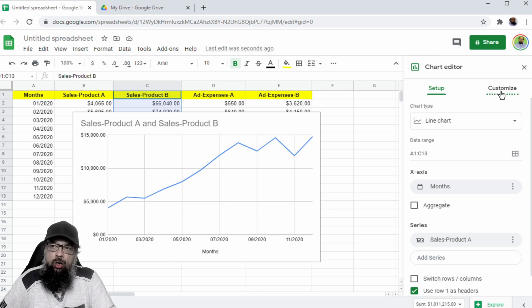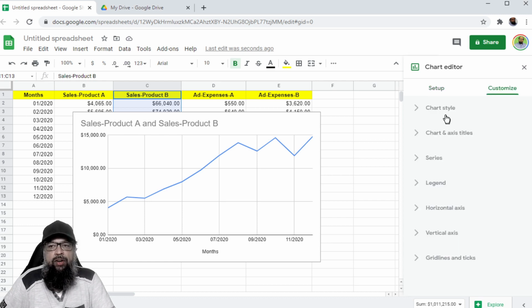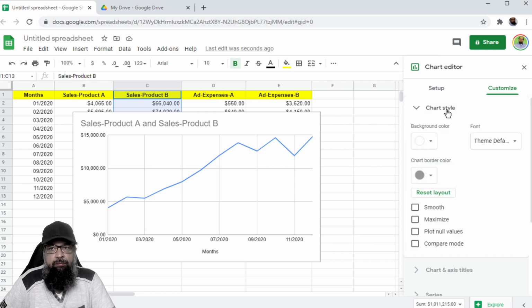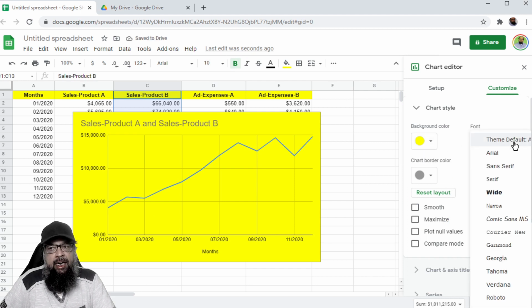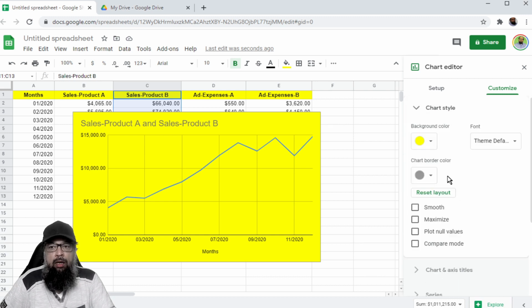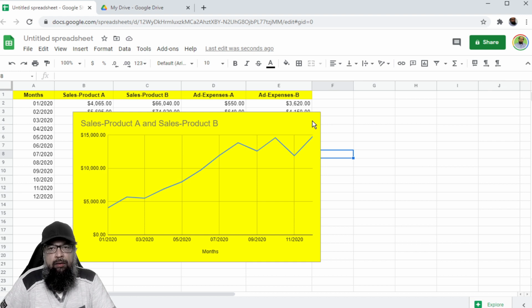So I click on this customize, and the first option is chart style. I click on that, and background color, if you want to apply a background to your chart, you can select it here. You can select any other font. I'm not going to do that. And you can also apply a chart border color, which is this one. And I just lost my chart editor.